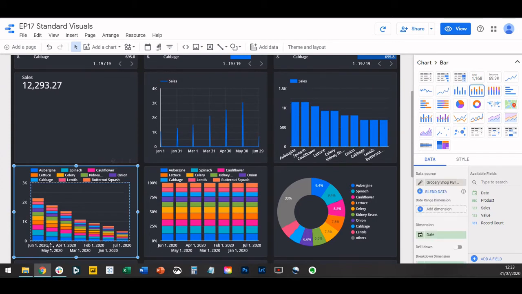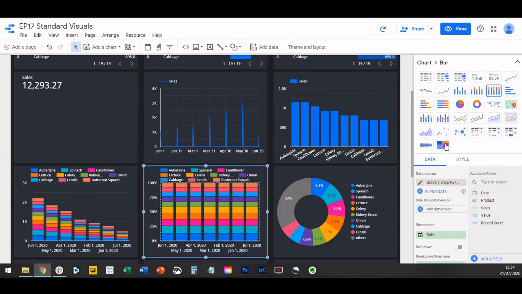So here I'm using my date function along the bottom in the dimension over here. I'm splitting these down by the different products to see how the total sales value, or sales quantity actually in this one, sales volume, is broken down by all the different products, or how they all add up to make the total. We can do that as a proportion using a 100% stack chart, and there's also, I'll show you